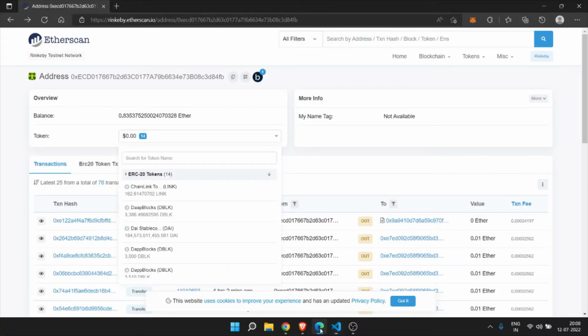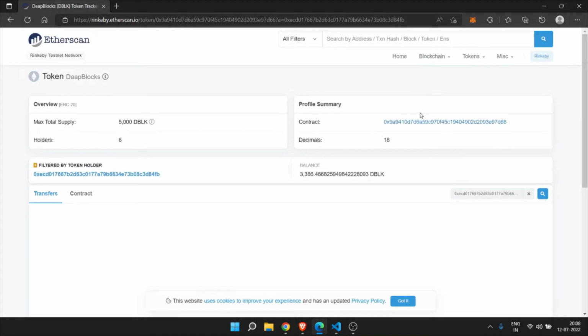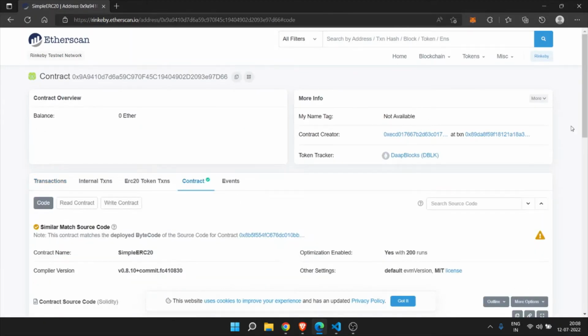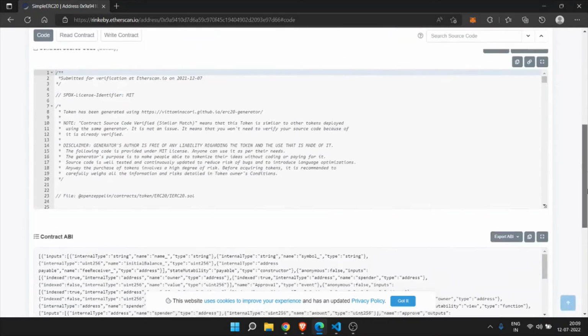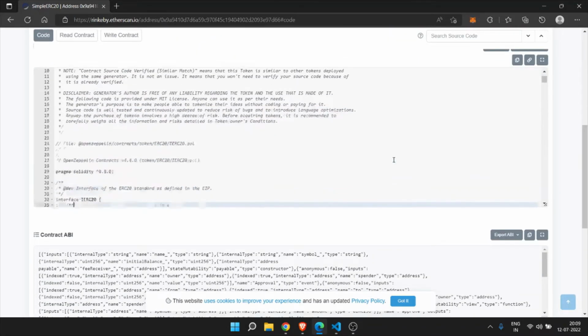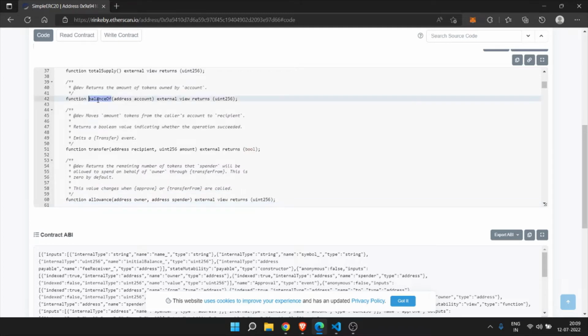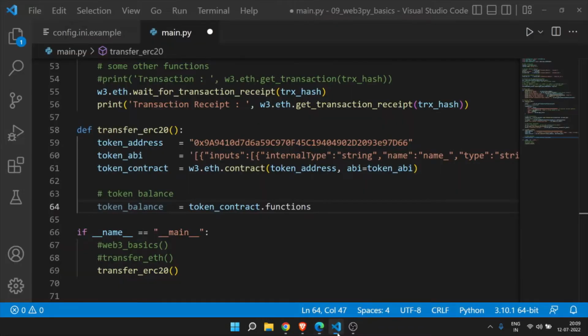So if you look at the contract details, just go to the DappBlocks contract. Okay, so just scroll down. If you open this contract source code, you will find all the details for this particular contract. So we have totalSupply, balanceOf, transfer, and likewise we have other functions. So here we are going to use the balanceOf function. So functions dot balanceOf